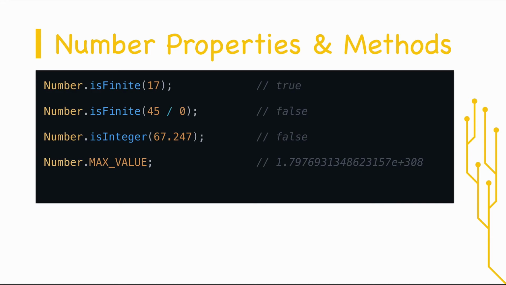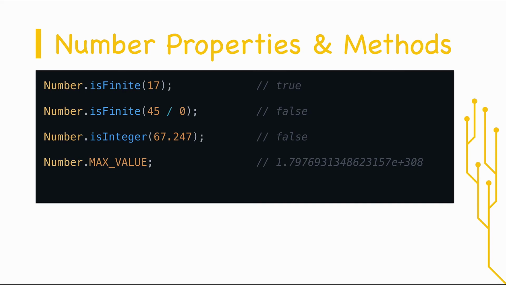Now the Number object has some properties available as well. One of them is the MAX_VALUE property, and you can access it by typing in Number.MAX_VALUE with MAX_VALUE written in uppercase. And the result is a very big value. As you can see, it is 1.797...e+308. So it is a number almost 1.8 multiplied by 10 to the 308th power. That is a very big number. And this is actually the maximum value that JavaScript can work with. So normally, JavaScript can't work with numbers bigger than this. This is the maximum possible numerical value that you can work with